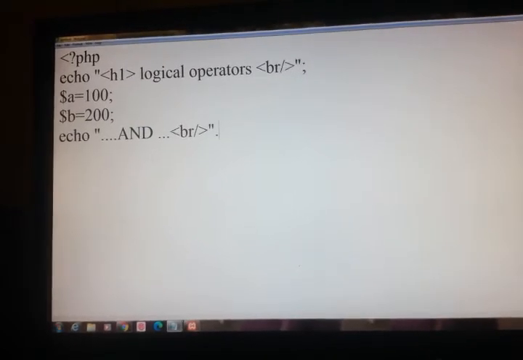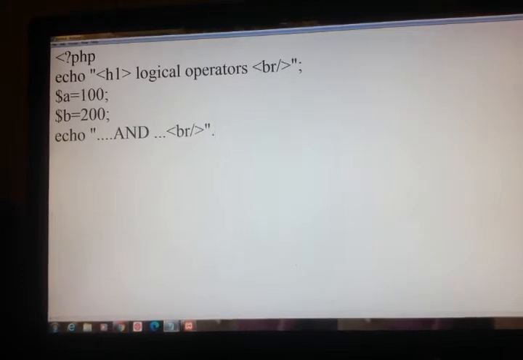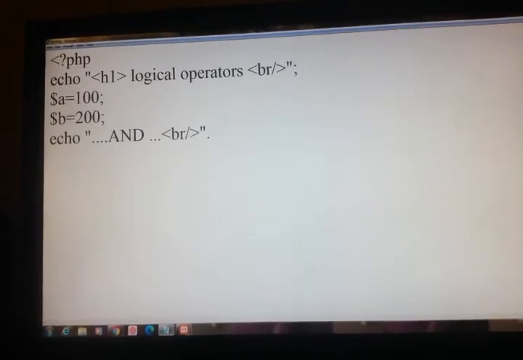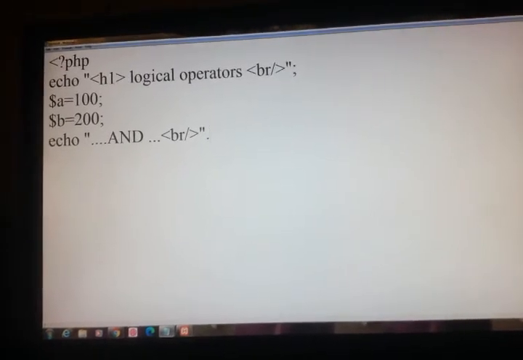Here I will show you the most common mistakes what we do while using this logical operators. I will show.